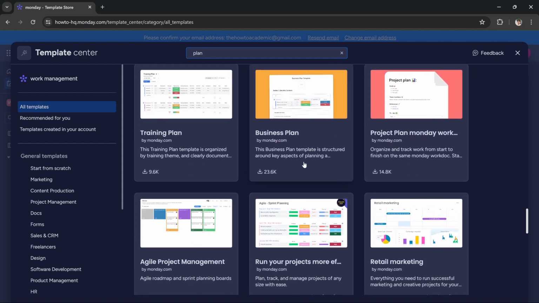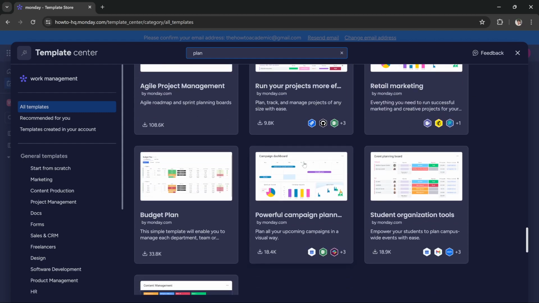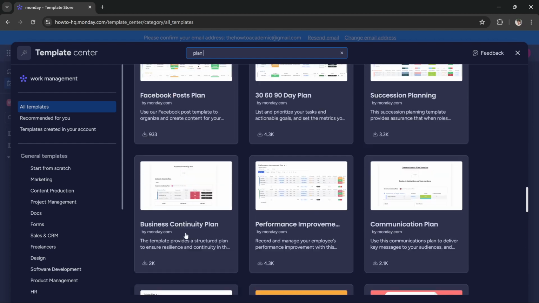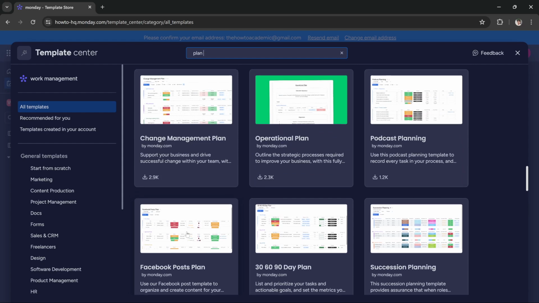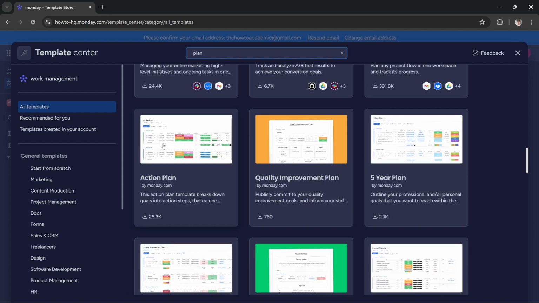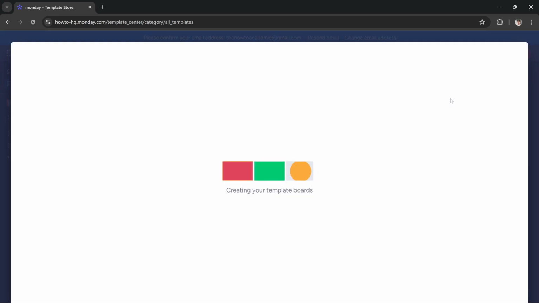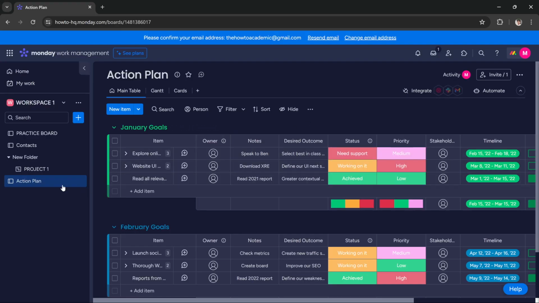So this is business plan, you can use this one, or you can use budget plan, you can use training plan. So this is the template that we are going to use, action plan. Click on use template. Alright guys, so it has created a new board for us in our workspace,